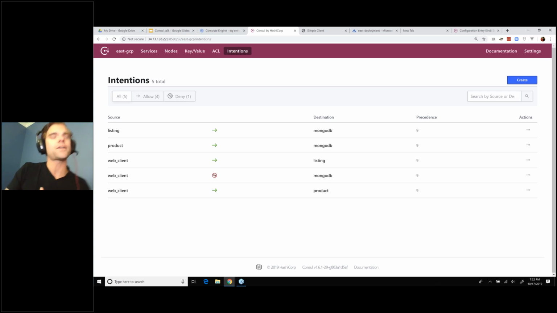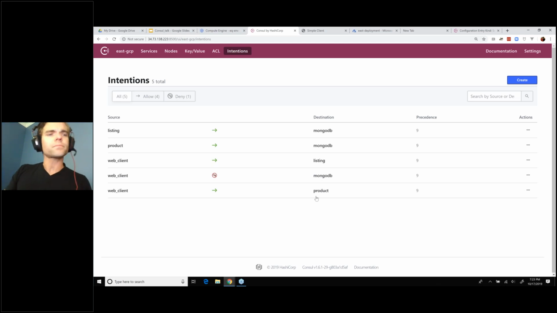So, if you've done firewall management in the past, you have IP addresses, you have ports, and you have a very large spreadsheet that contains all of that usually. Consul simplifies the security aspect by using this concept of an intention rather. So instead of saying, let me find all my web client addresses and make sure that they connect to the other